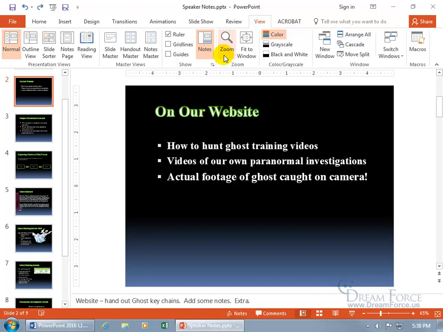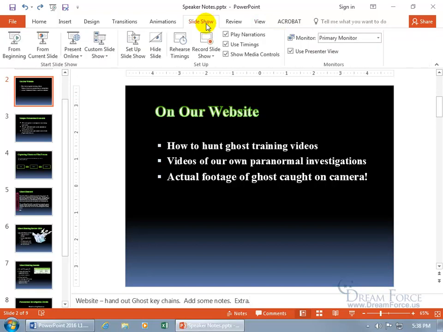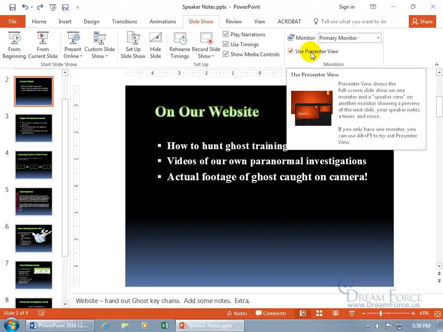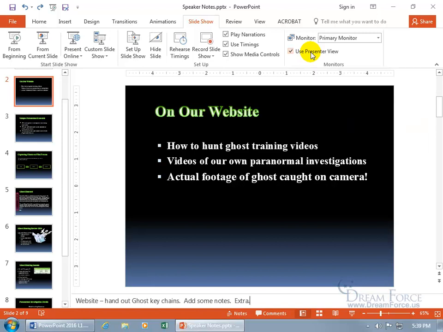Let's come up here and click on the Slideshow tab and go to the Monitors group, and it's right there, Use Presenter View. You can see when I hover over it, the pop-up says the presenter view shows the full screen slide on one monitor and a speaker view on another monitor showing a preview of the next slide, your speaker notes, a timer, and more. So that way you can read all your stuff, in fact even play solitaire, and they won't even see what you're doing. Probably not a good idea, but to keep it more professional,